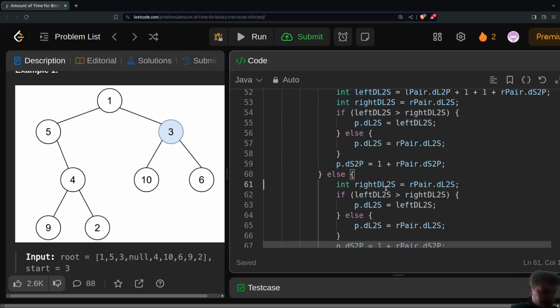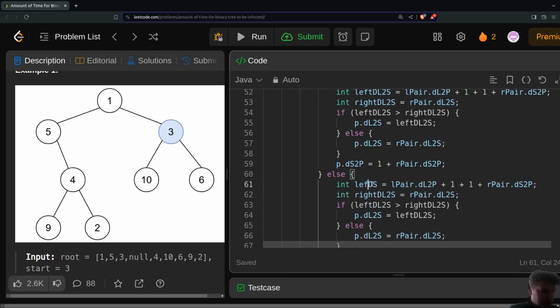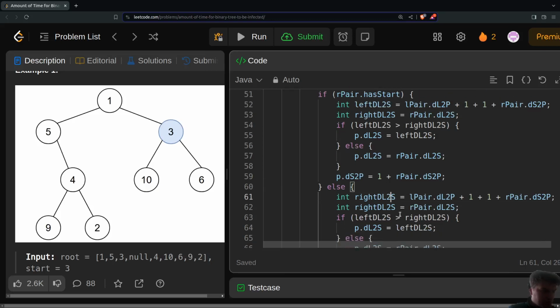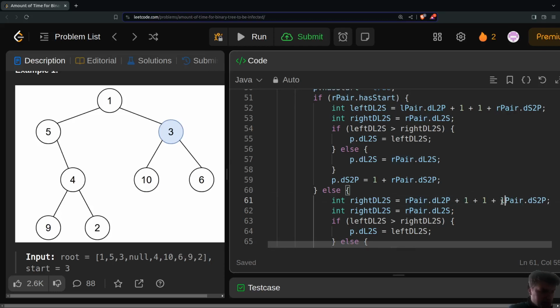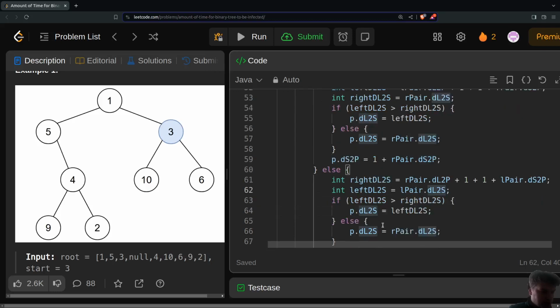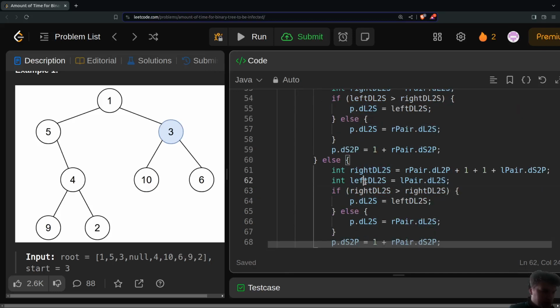So we have right distance to start, distance leaf to start is going to be r pair distance leaf to parent plus 1 plus 1 plus l pair distance start to parent, and the left distance leaf to start is going to be l pair distance leaf to start,